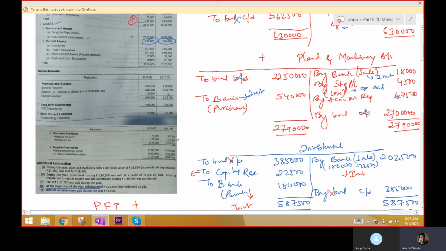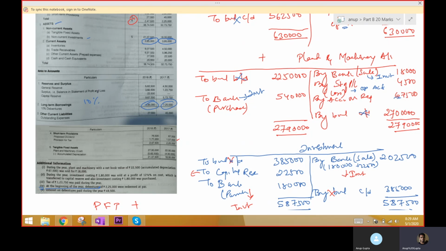Because you have to give interest on debenture. Now you will be confused, sir. Interest will be charged on which amount? There are two amounts of debenture here, one is 7,20,000 and one is 4,95,000. So this 10% will be charged on which amount? Therefore, you have to understand the adjustment. They have said